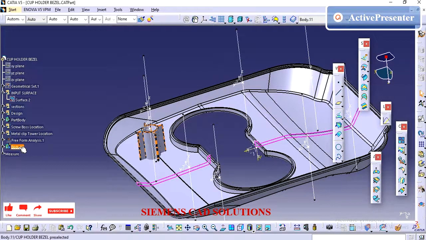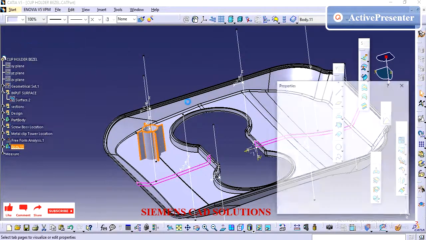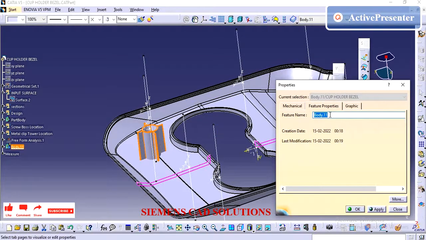Next, I am going to use the same feature using the axis to axis transformation. I will pull all these features into four locations. If you want, you can have it as an individual editable part.